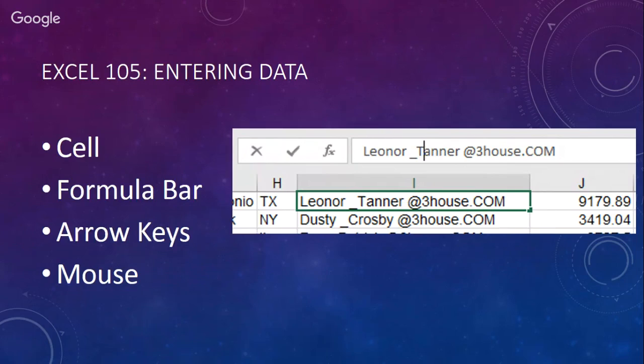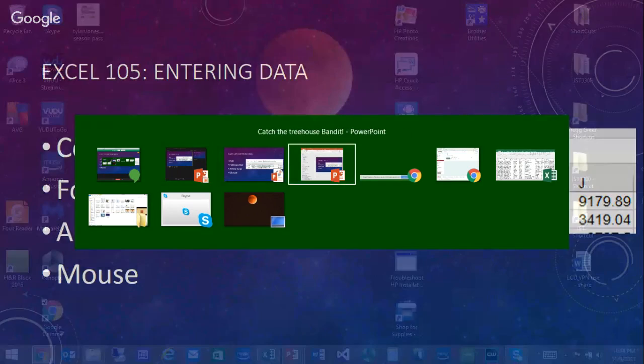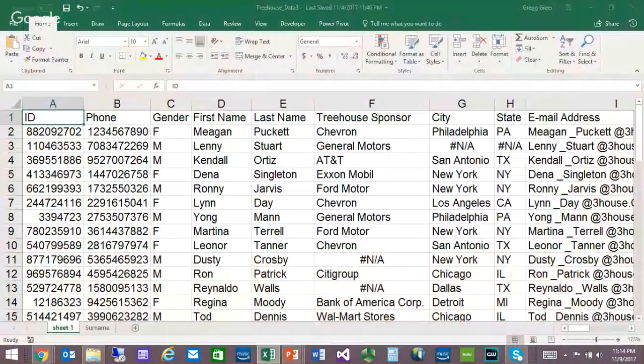How do we enter data in an Excel spreadsheet? There are a number of different ways that we can do this. When you first get into Excel, you'll notice that you have all of these cells here, and as we've discussed